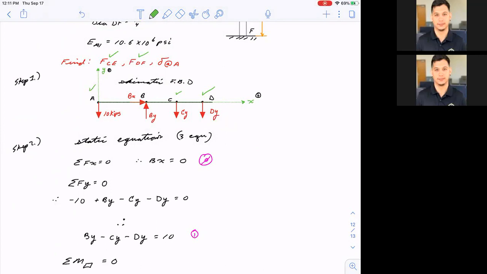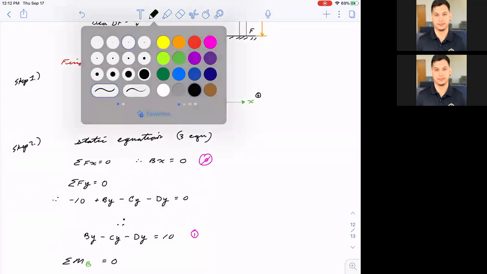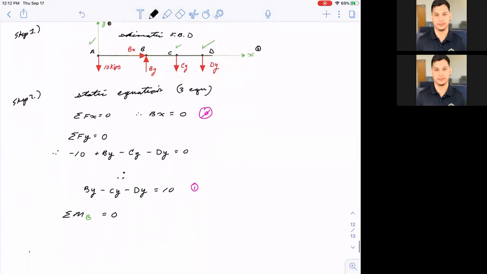So what other point could we take the moment at that involves all these other forces? Well, we'll take it at B, right? Because they don't really care about the forces at B. So let's take the moments at B, and we'll have